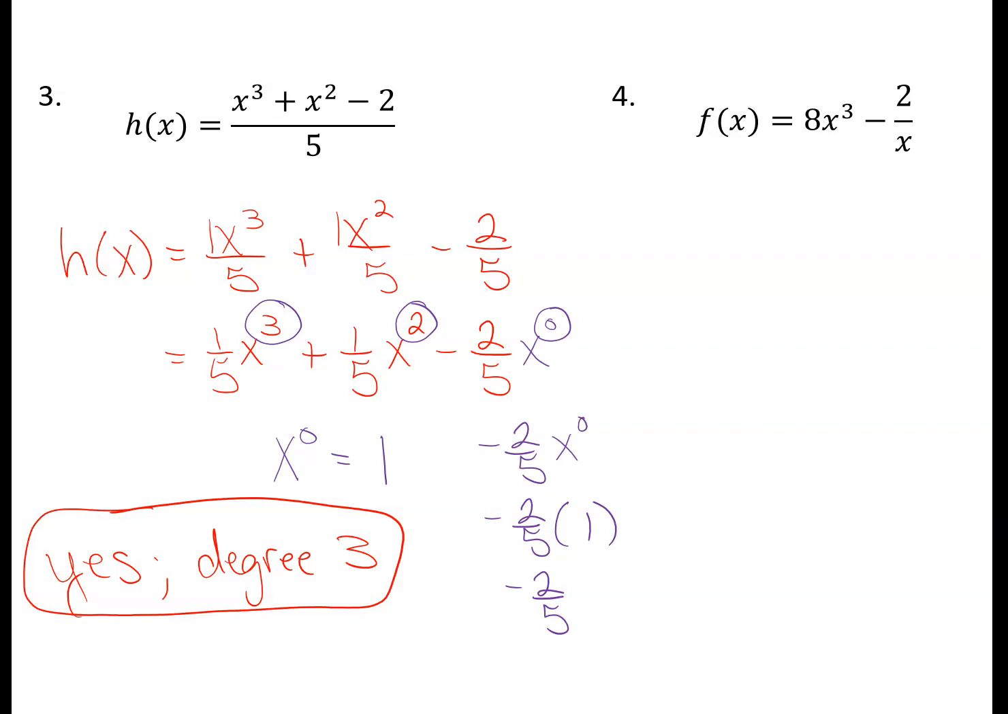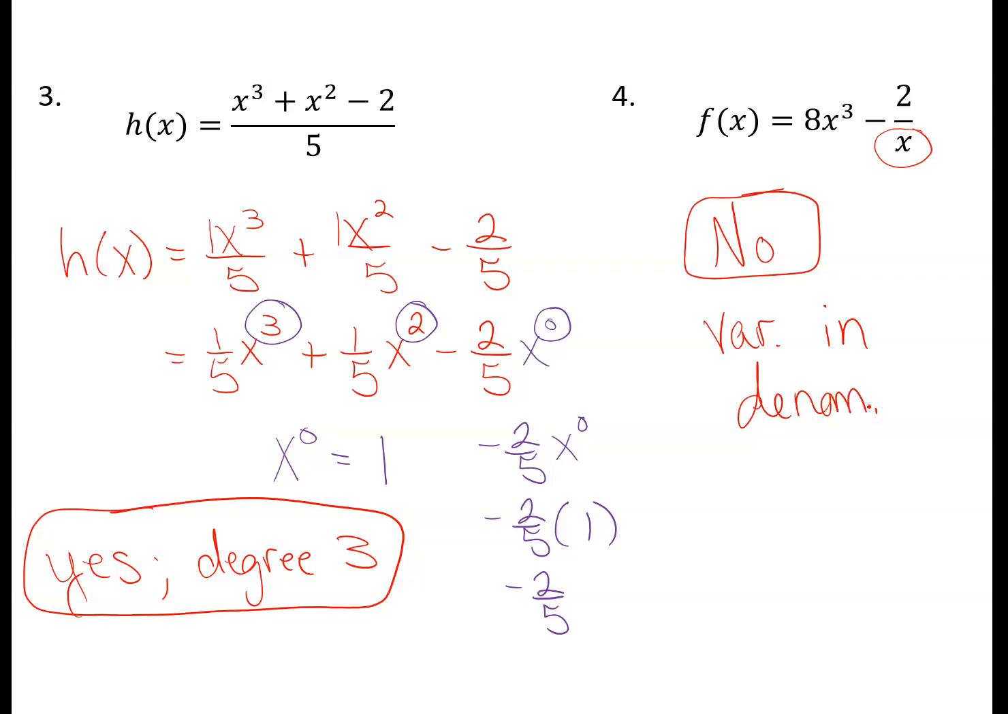Okay, one more example of this, number 4. Right away, hopefully you notice there's a variable in the denominator. And when you see that, you can just answer no. This is not a polynomial function. And if you want to put a reason there, you can say there's a variable in the denominator. Remember, that's the same thing as having a negative exponent. So if I have a,